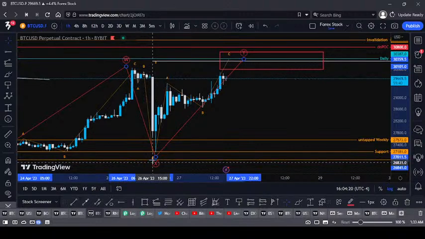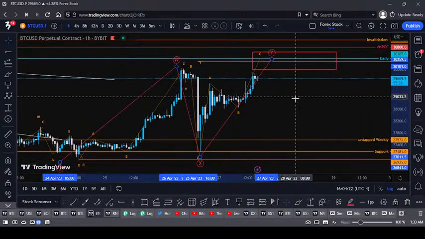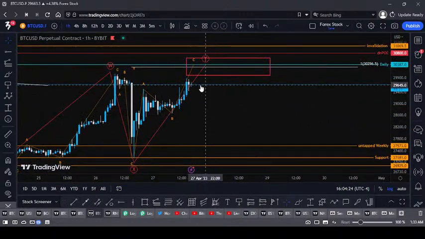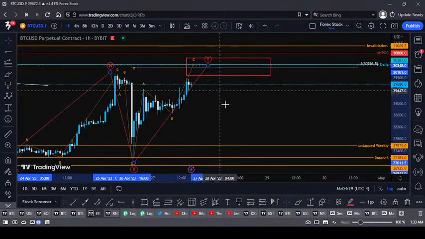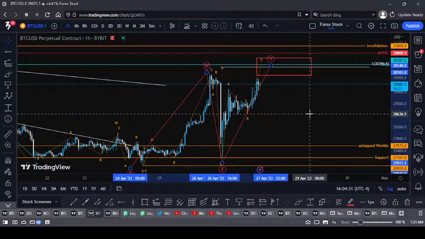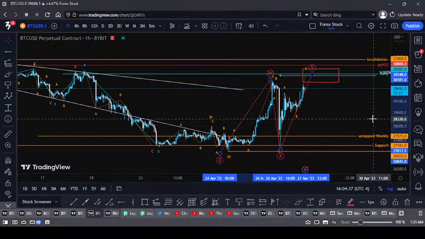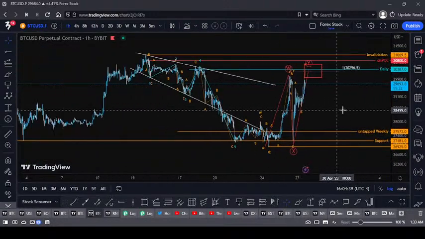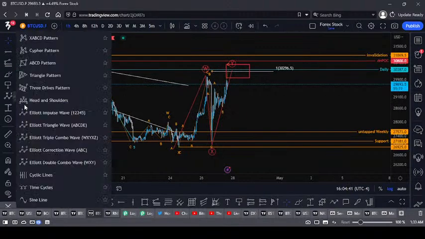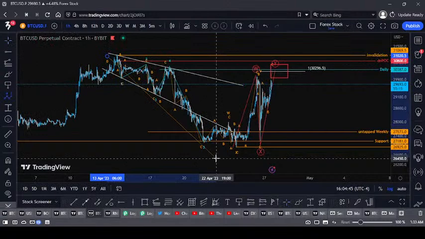At some point, from here or here, it's going to end. And once it ends, there will be a big corrective move in terms of wave C. Like I told you already, this is a